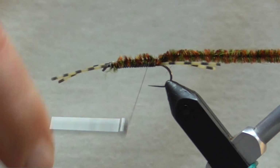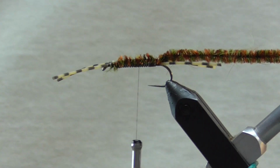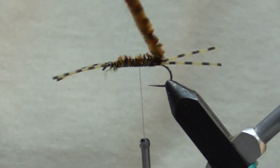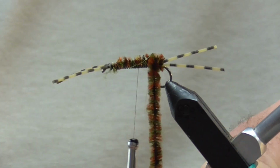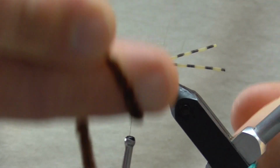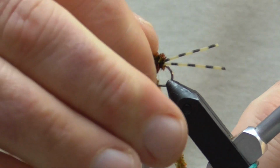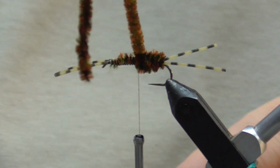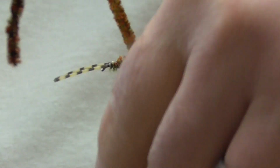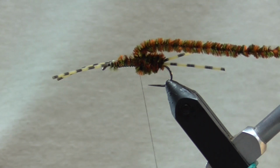Now I'm going to advance my thread back up to about the halfway point of this fly and begin wrapping this chenille. So we'll come over top, and I want to wrap this really tight right next to each other up to my thread, and then I'm going to come over with my left hand and bring that thread over top a couple of times because this is where we're going to tie our legs in. Lay that back,